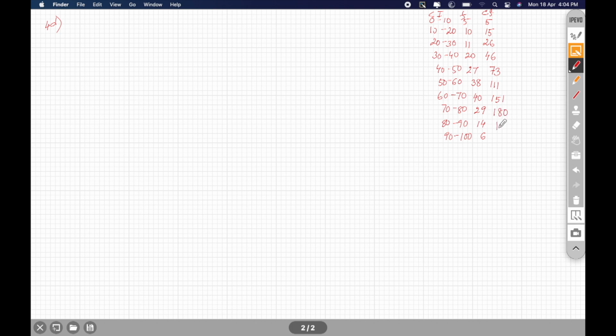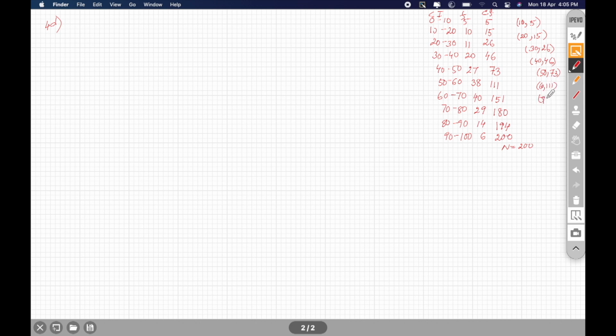180 plus 14 gives us 194, and 194 plus 6 gives us 200. So n is 200 here. Now we have to plot each of these upper class limits with the cumulative frequency. So we have to plot 10 with 5, then 20 with 15, then 30 with 26, next 40 with 46, then 50 with 73, 60 with 111,